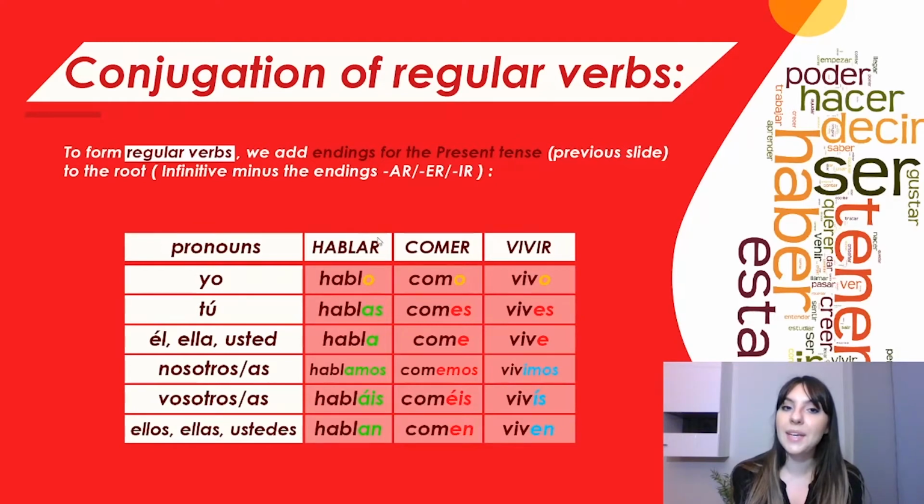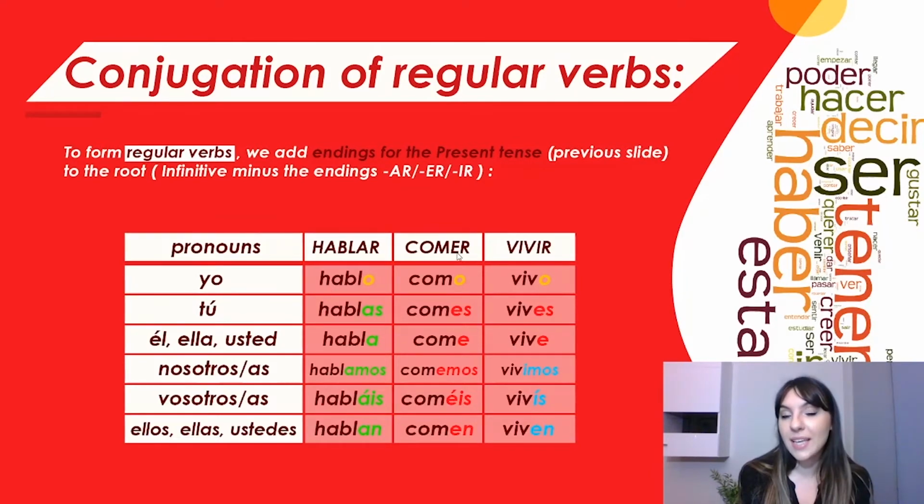For the verbs ending in ar, we have an example, the verb hablar. So all the regular verbs ending in ar change the same way as this one. You can learn this one and you will be able to change all the verbs ending in ar in present tense. So the first person singular is hablo, second person singular is hablas, third person singular is habla, first person plural is hablamos, second person plural is habláis, and third person plural is hablan. Don't forget that in Spanish we don't pronounce h, so this is 'ablo, not hablo.